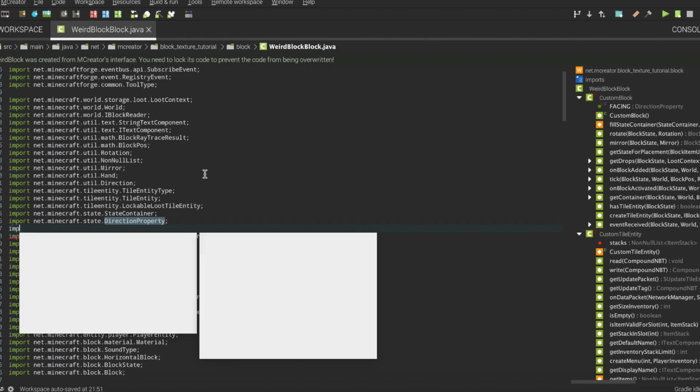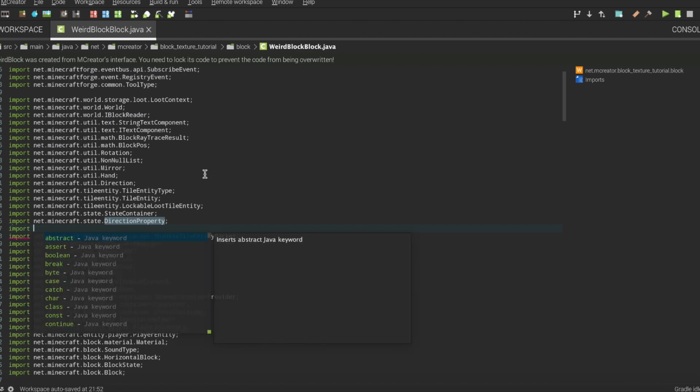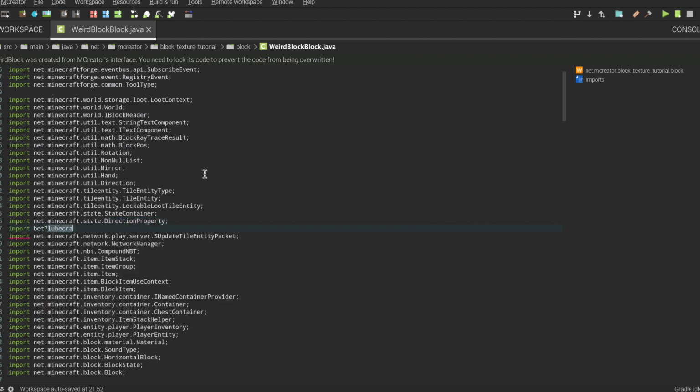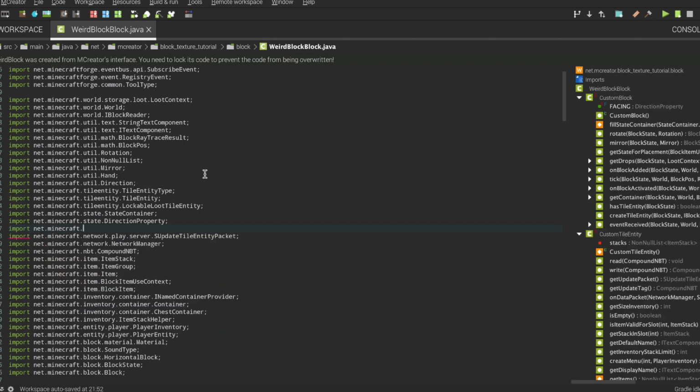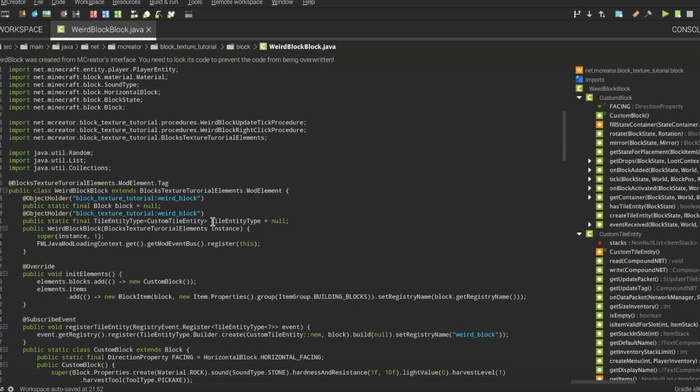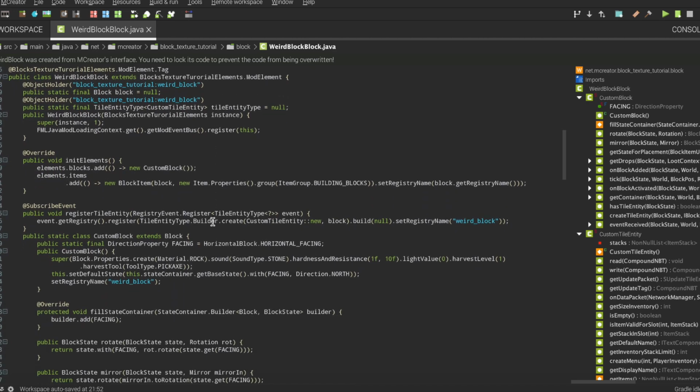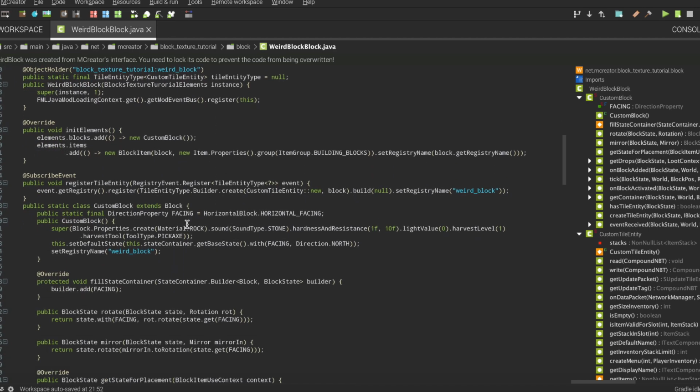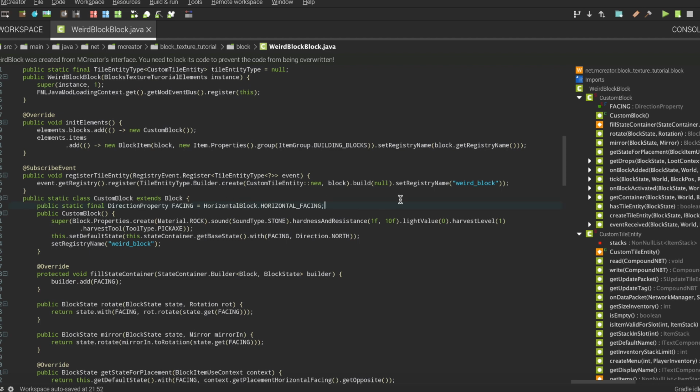So I'm gonna add an import of net.minecraft.state, and for the wheel block we're gonna use the BooleanProperty right here. Here you have the facing, the DirectionProperty.